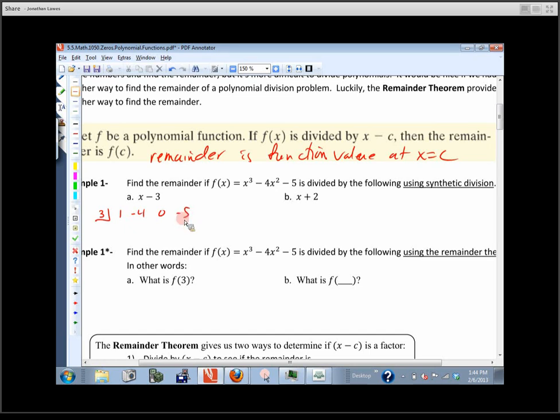You with me? Draw the little line, draw the little box. I'm going to say this several times. What are we hoping for right here? 0. We're hoping for a 0 because that means this would be a factor. So let's check and see. Bring down, multiply, add, that's a -1, multiply, that's a -3, add, that's a -3, multiply, that's a -9, right? Add those together, -14. Now, the remainder, doesn't matter that it's not 0, the remainder is good news here.